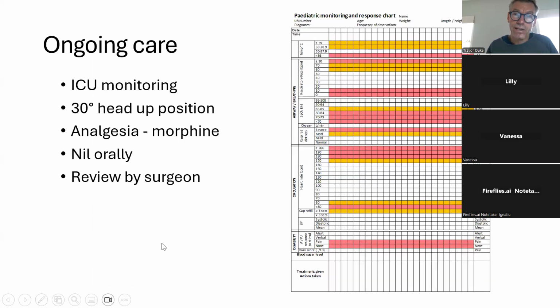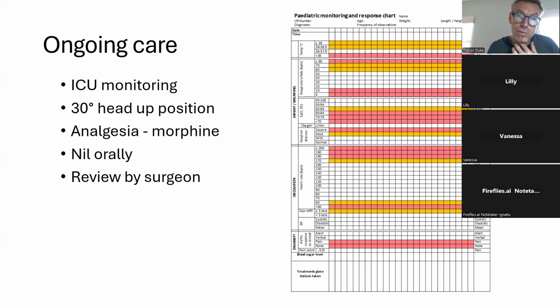So with this child who had a normal chest X-ray, had a Glasgow Coma Score of 11 or 12, was otherwise normal, responding in a stable way, this was the management. He had neurocritical care monitoring. He was nursed at 30 degrees in a head-up position. He was given some analgesia with a small dose of morphine. He was kept nil orally, had an orogastric tube, given some antibiotics, and there was a plan for a review by the surgeons. He was monitored with a monitoring and response chart to monitor his vital signs and other important